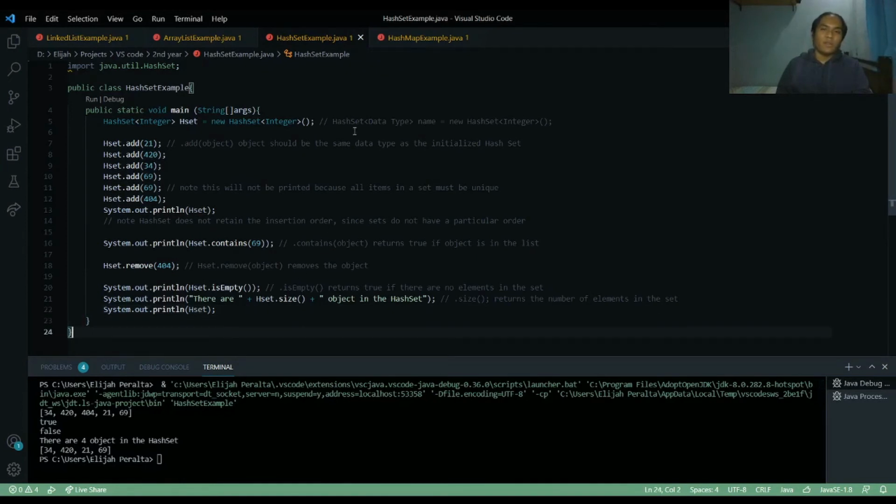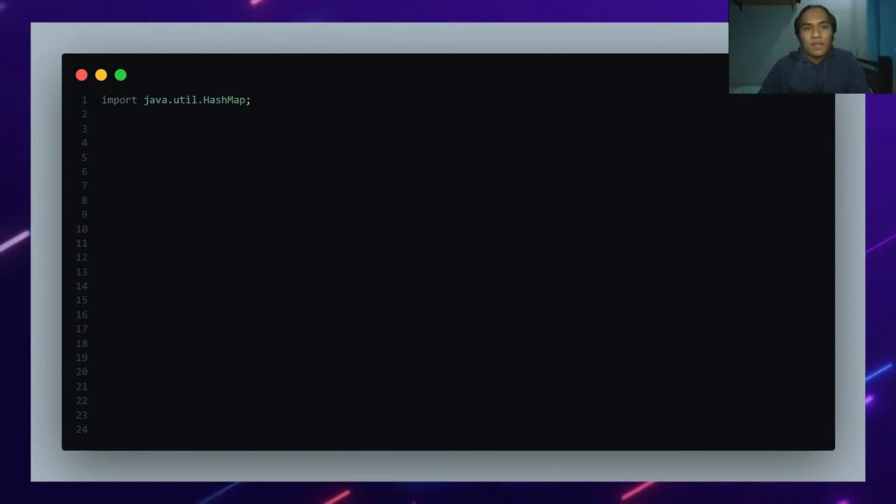So that's how you can write code, or how you can use the hash set in Java. So now let's get on to how to code, or how to create a hash map, or how to implement a map in Java. So we're going to be using HashMap, the HashMap utility package. As always, import java.util.HashMap;